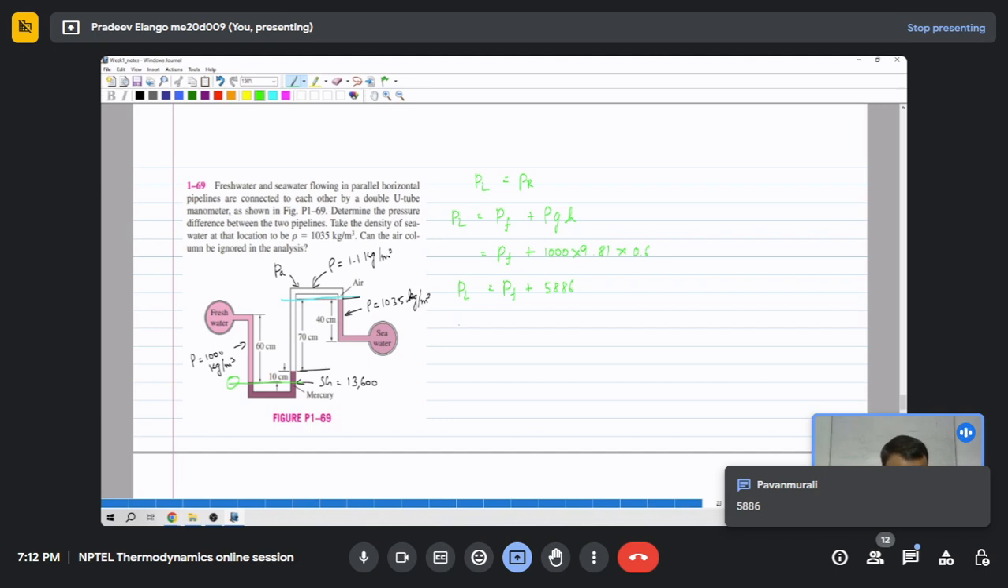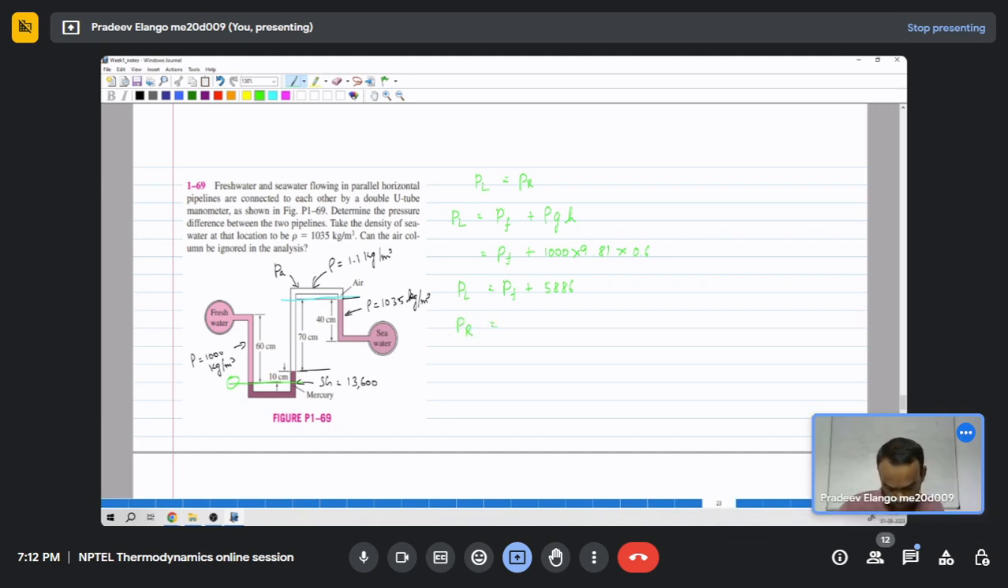And similarly, the pressure at the right of the column is some pressure of the air plus rho GH. So PA is again unknown, and for rho GH, the fluid here is mercury, so we have 13,600 into 9.81 into the height, which is given as 10 centimeters, which is 0.1 meters. So we have PR, which is PA plus